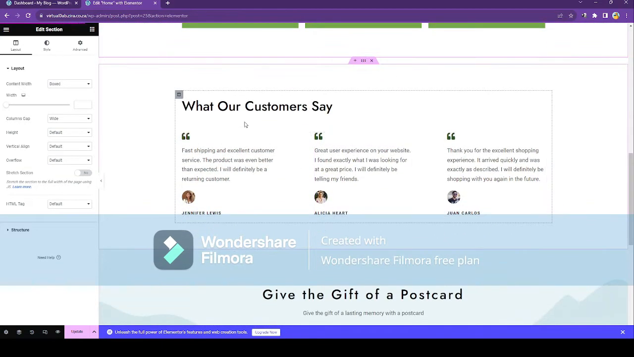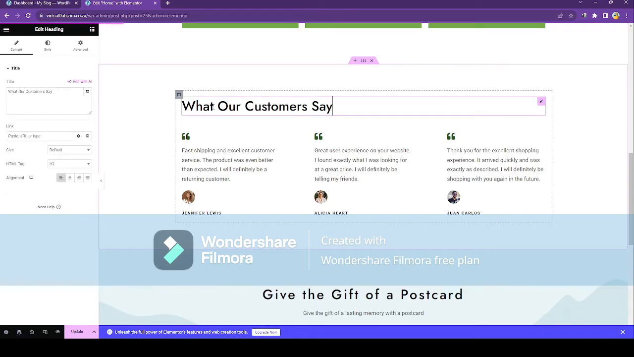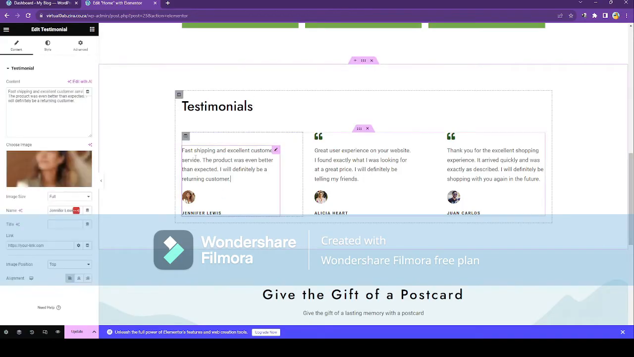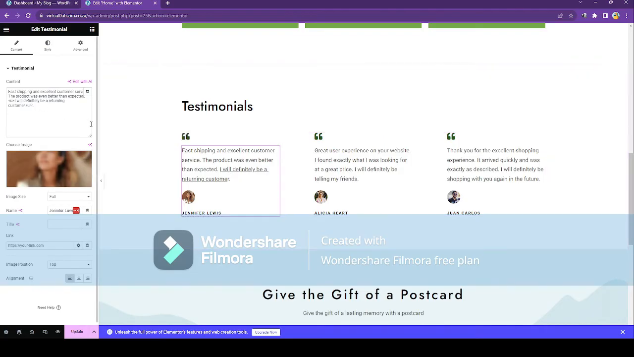If you continue further to scroll down, here it says what our customers say. You can leave this as you want, or if you want to change, you can call it testimonials. This is where you can be as creative as you want. As you can see there, there's testimonials, which this one says fast shipping, excellent service. If you want to change that, you can click on it and you can go there and be able to